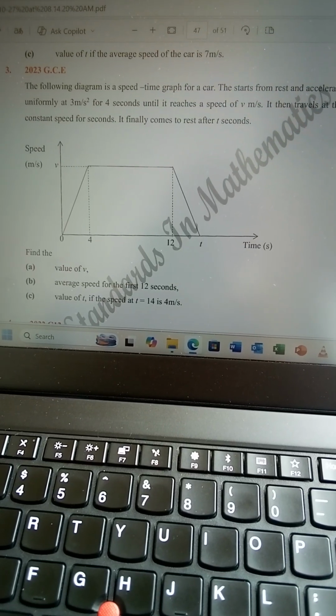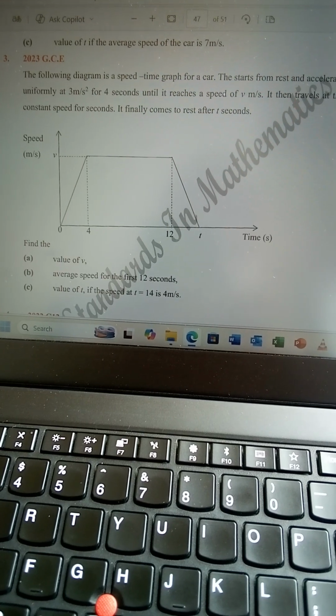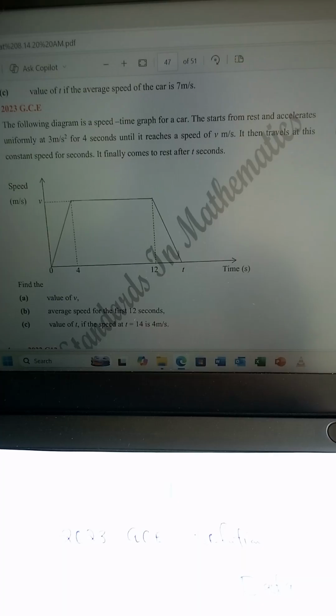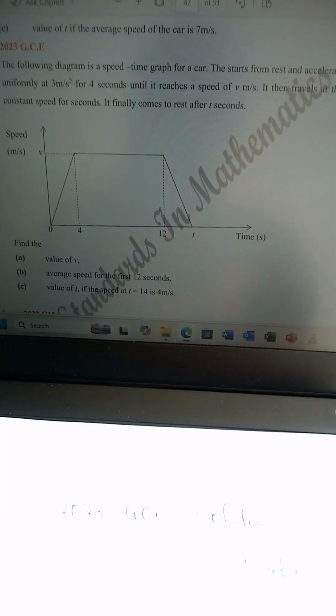So whenever you are calculating the speed time graph, it's very important that you collect the data. The purpose of collecting data is to help you know what formula you're going to use when calculating or finding what you have been asked. So from there,